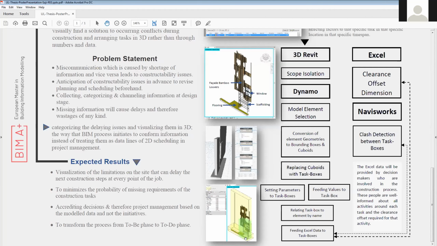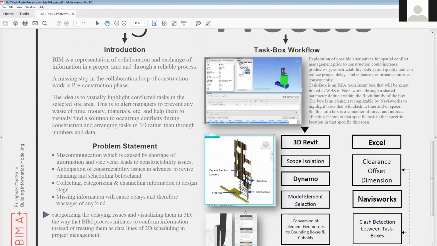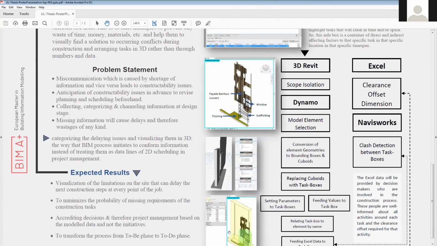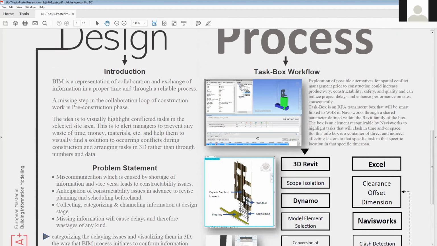These boxes together will show us how many clashes of activities we have in our project, and we can rectify that, or prevent it if we look at it in advance. This is at a small stage, it's just a prototype, but in a more complicated and bigger project, these clashes can be imported into a Navisworks system, and they can be categorized and color coded, so they can easily be handled by the project manager to be prevented, or at least minimized, so the quality of